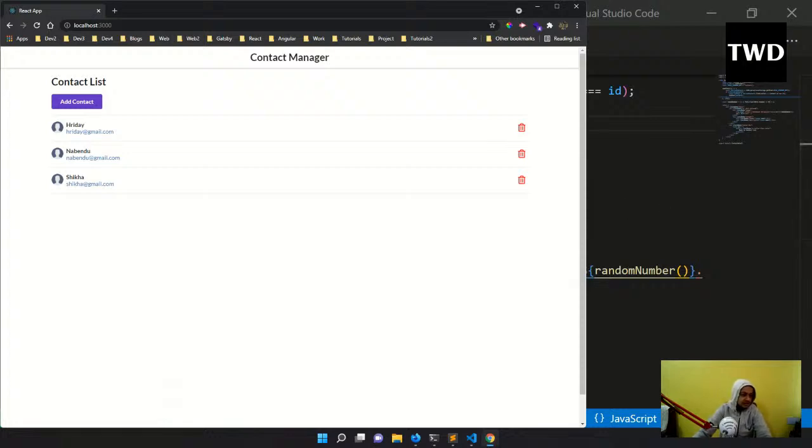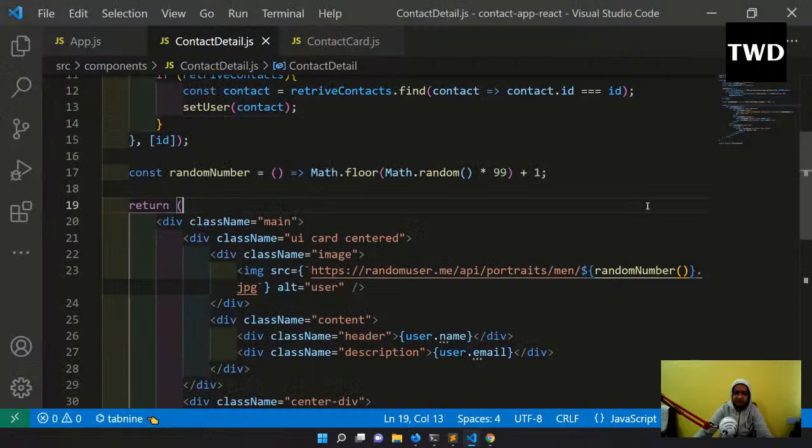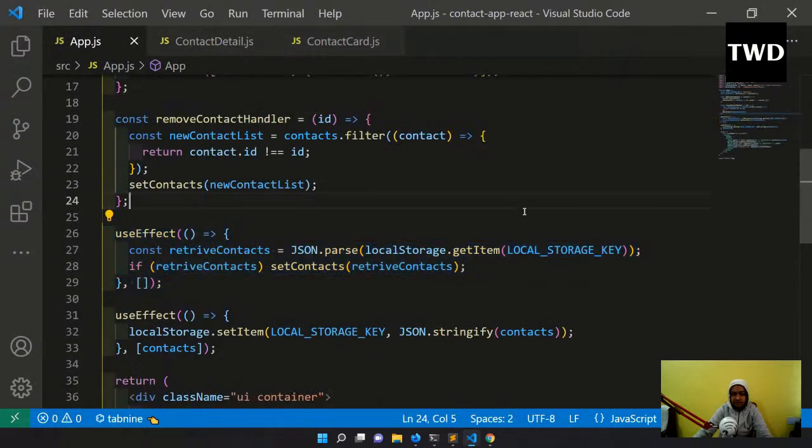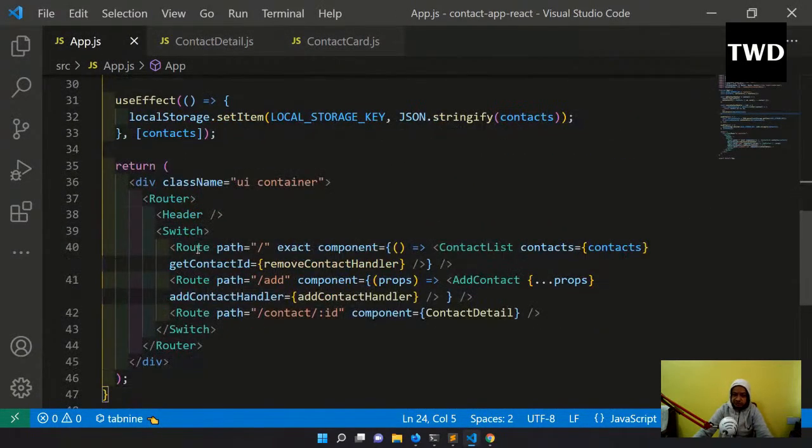So everything is working fine, and this completes our small project for React Router 5, in which we have implemented a lot of things and learned a lot of things. We have learned to hit the normal path and add exact. We have also learned to pass props here, and history we have learned how to use, params we have learned, and the wildcard we have learned. So all these things we have learned, and with this I will end today's stream,